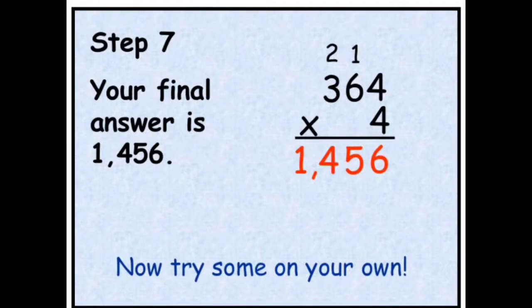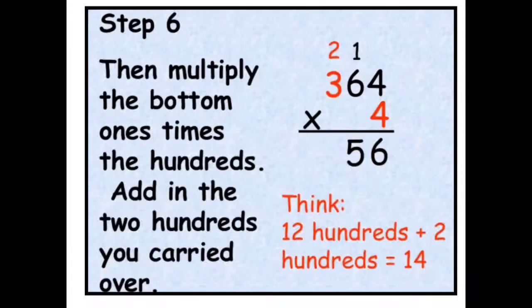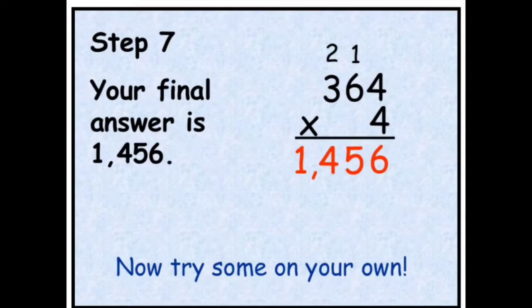Once again you see the full process. 4 4s are 16. 6 is here. Carry 1 is here. 4 6s are 24. 24 and 1, 25, 5 is here and carry 2 is there. And 4 3s are 12, 12 and 2 is equal to 14. So with the help of each and every step it becomes very much simpler. So hope you understood how we solve this little bit harder problem. So now try some more things.